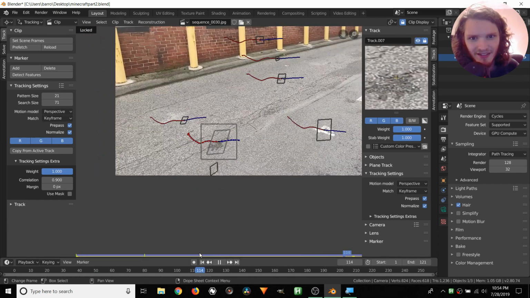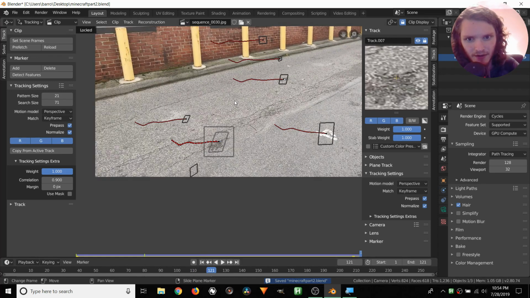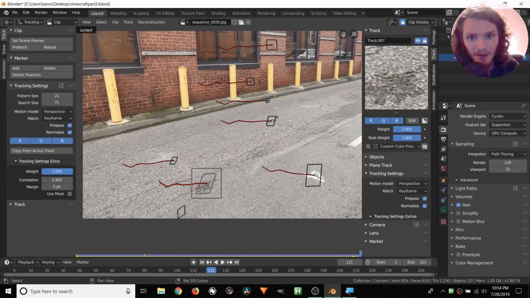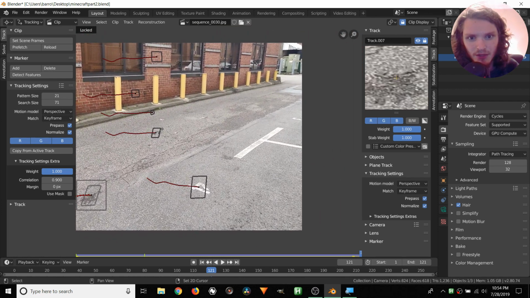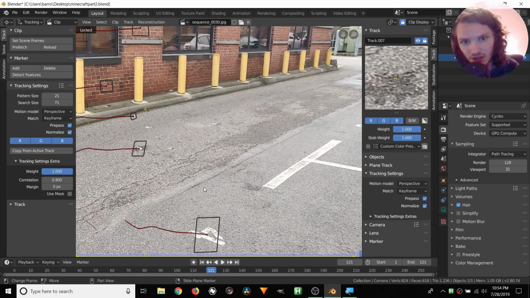And I think we should have 7 now, or 8 during half the shot, and then towards the end, we should only have 7. So starting on the last frame, Shift right arrow. So now we're on frame 121. We just want to add one more tracker and then track backwards since we're on the last frame. And let's pick something that is distinct in 2D and 3D. We don't have much stuff on this side of the screen in 2D. And then in 3D, we could use something that's further out in terms of depth.